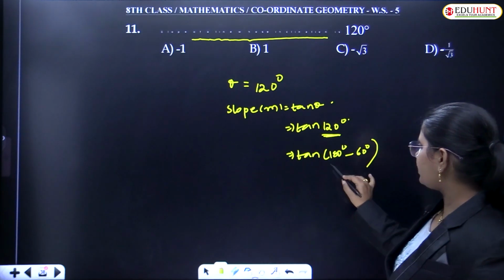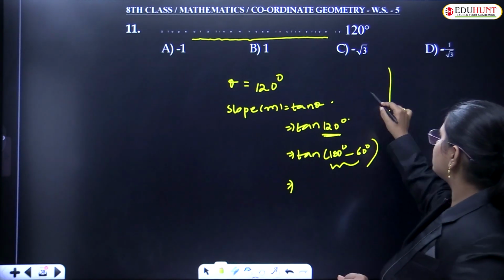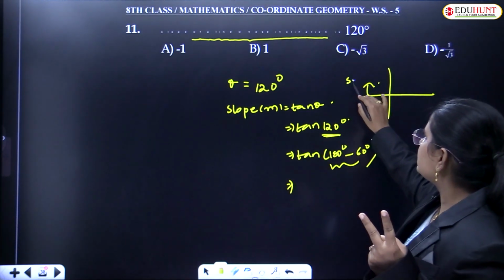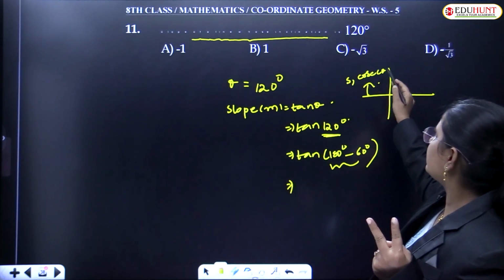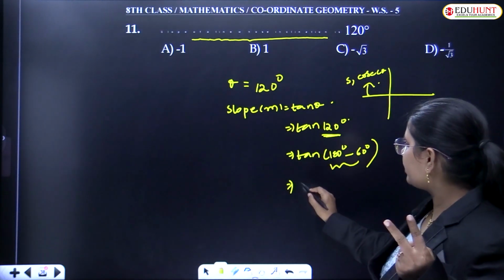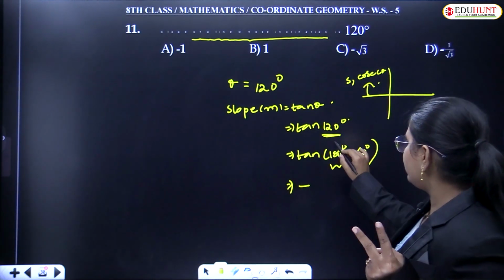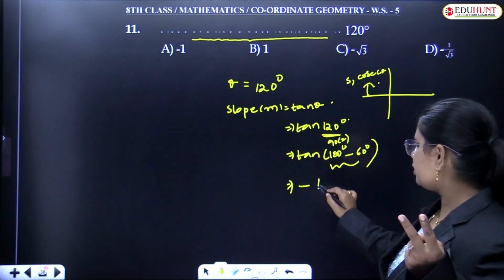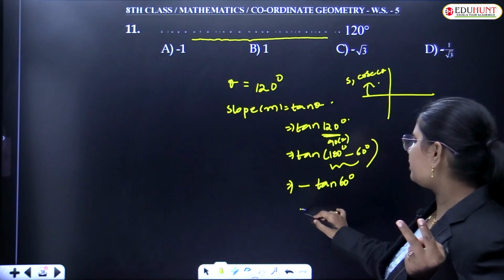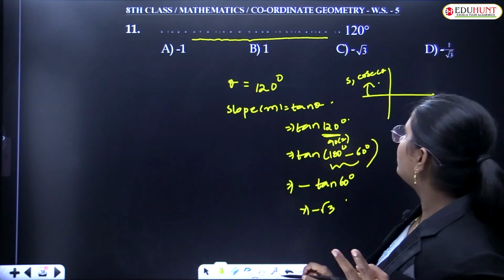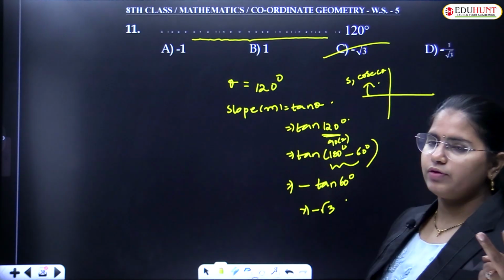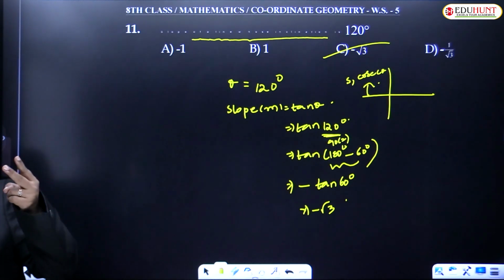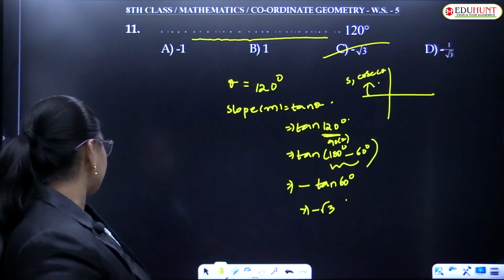As usual, 180 minus 60 belongs to the second quadrant. The angles which are smaller than 180 belong to the second quadrant. In the second quadrant, sine and cosec will be positive. The rest of all trigonometric ratios are negative. So, this will take negative. 180 can be expressed as 90 into 2, which is an even multiple of 90. The function does not change. So tan 60 is equal to minus root 3, which is option C. Just look at the problem, make it fast. So let's get back to the next question.